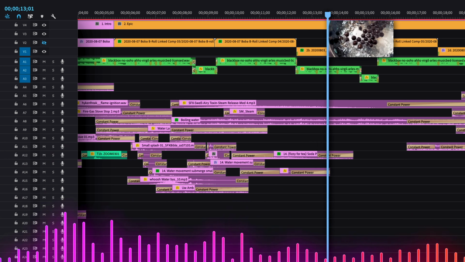The last adjustment I made was in the color wheel panel. I made the shadows of the entire image more purple. So now with the final look, I think the colors look a lot better. I also copied these changes to all the clips after this one too.